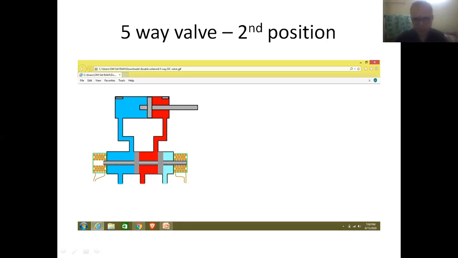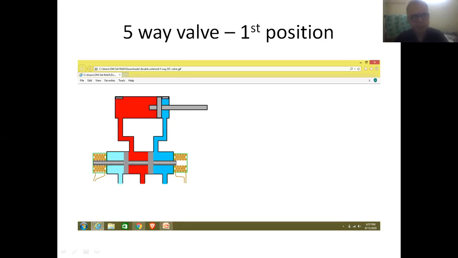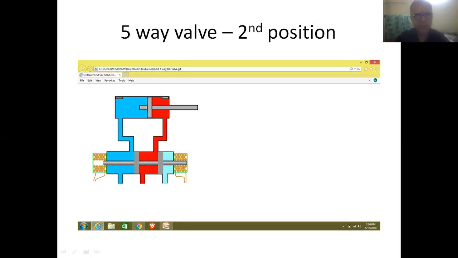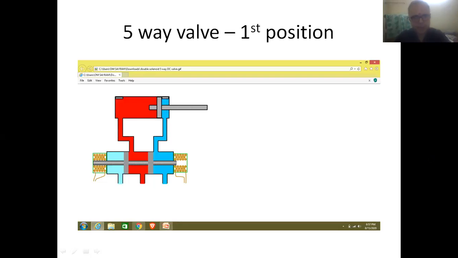So friends, just like any other valve, the first position of the valve is used for performing the forward stroke of the piston, and the second position of the valve is used for performing the backward stroke of the piston, also called the return stroke of the piston. So friends, these two figures, wonderful figures.